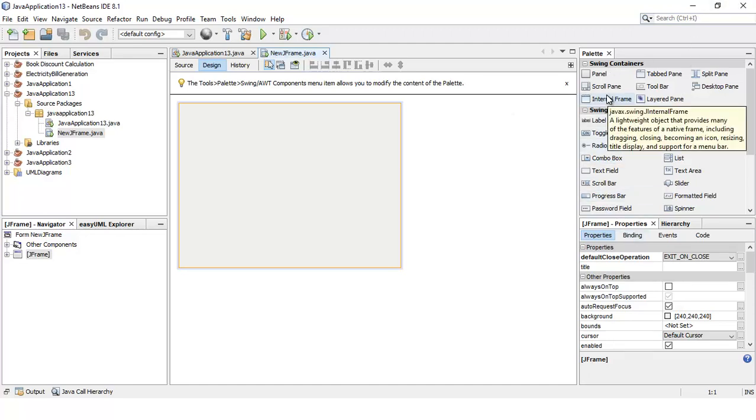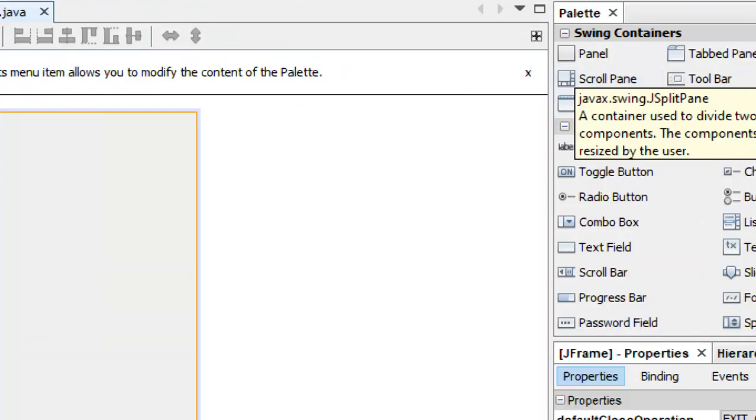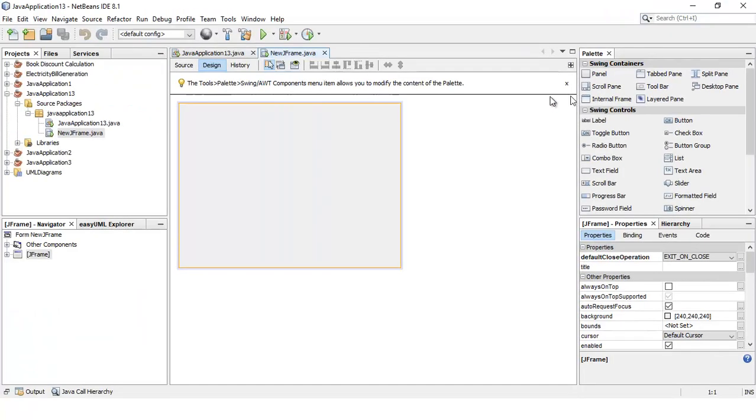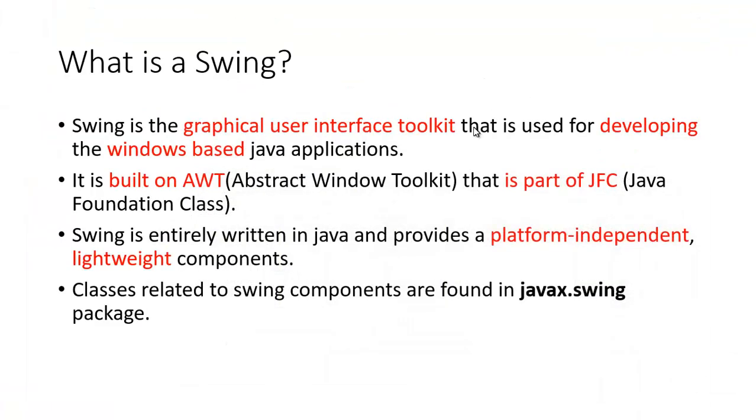By using Swing, we get a lot of components that can be used in our applications, and that is what Swing is all about. So Swing is a toolkit that helps us in developing window-based applications.